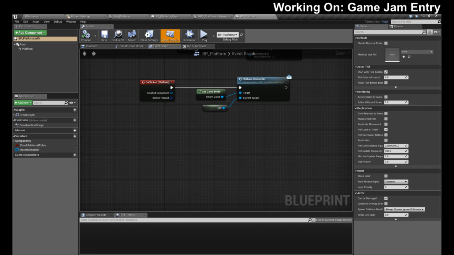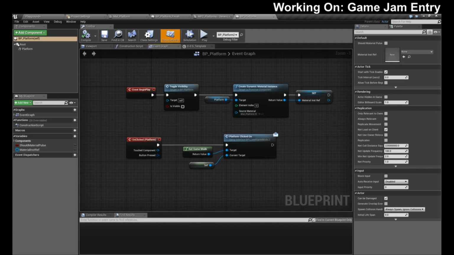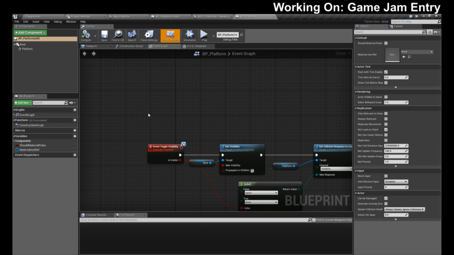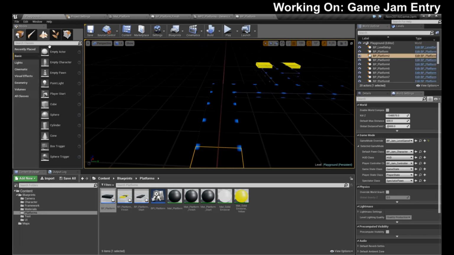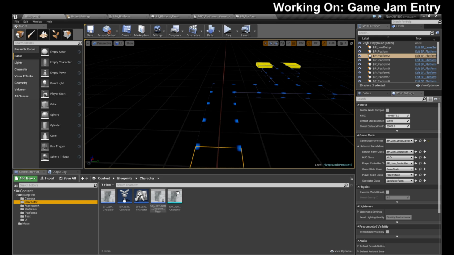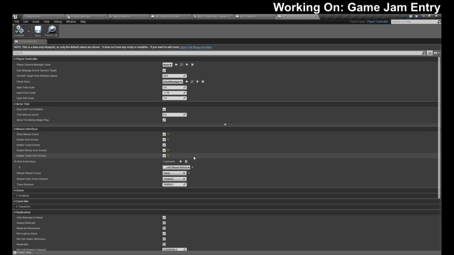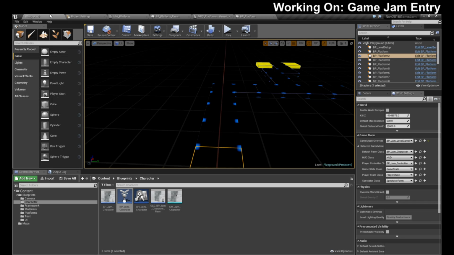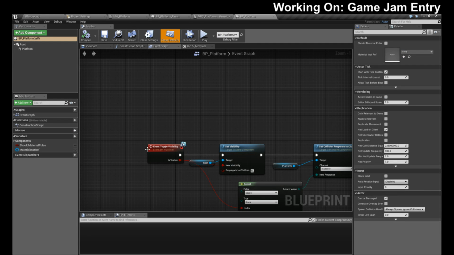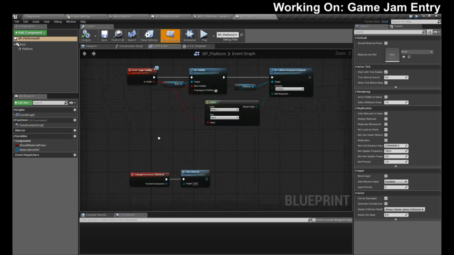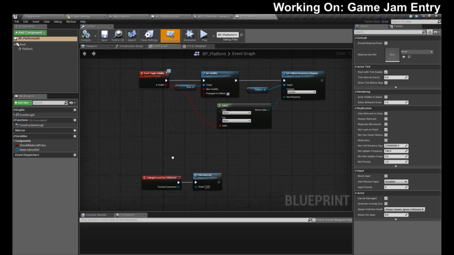Let's see. Oh, did I shut off the mouse over? I wonder if I did in my controller, because I was screwing with that. Nope, I have the mouse over events. Those should be triggering. So let's go to our platform again. Let's find our mouse over. Oh, on begin cursor over.